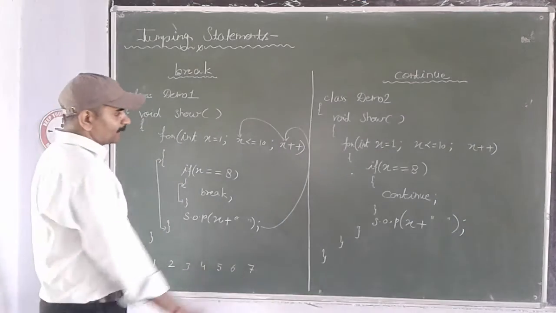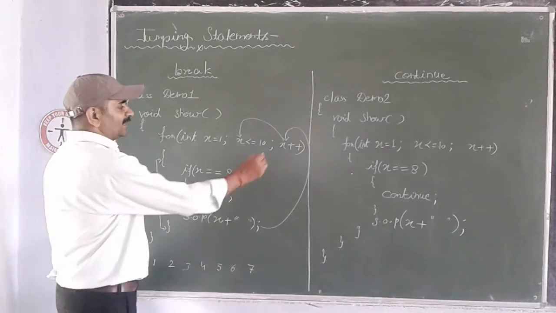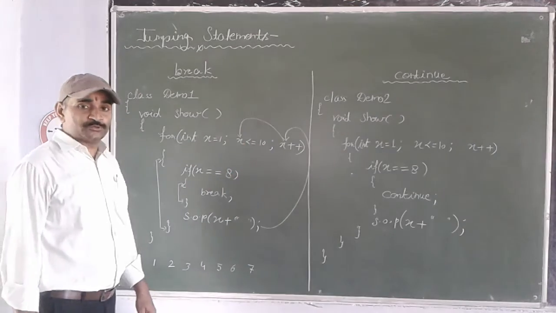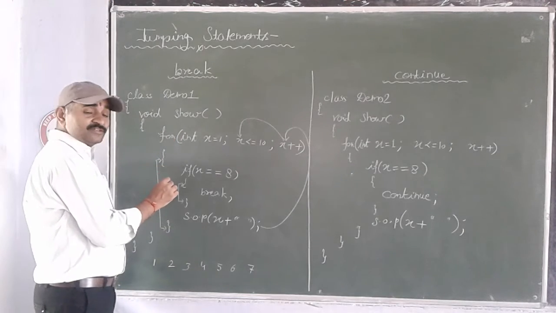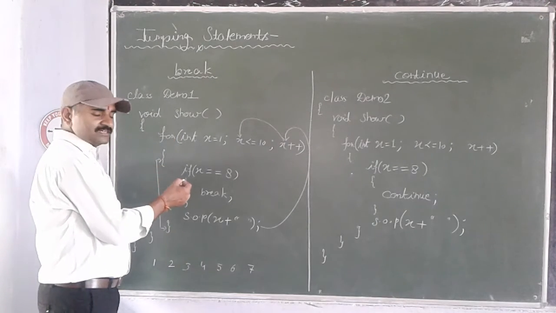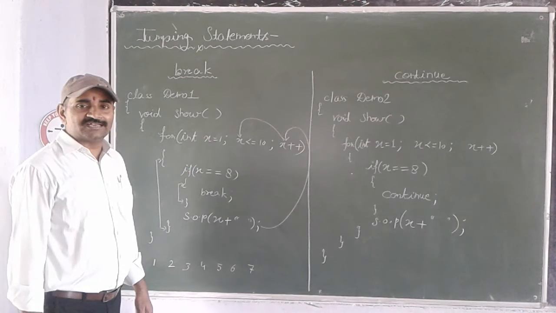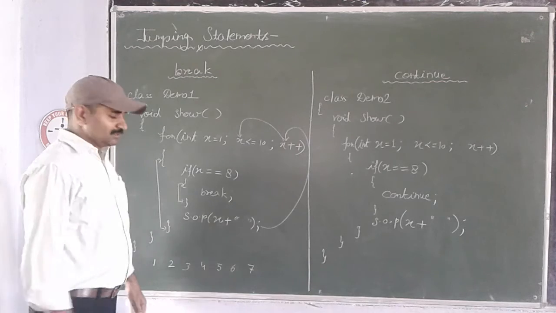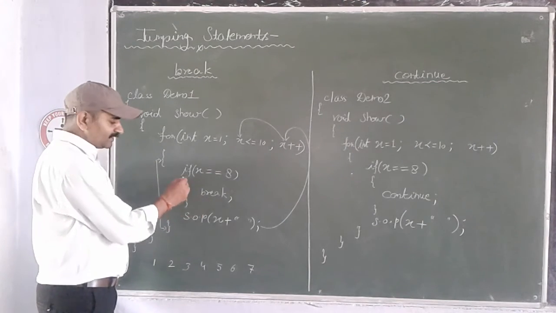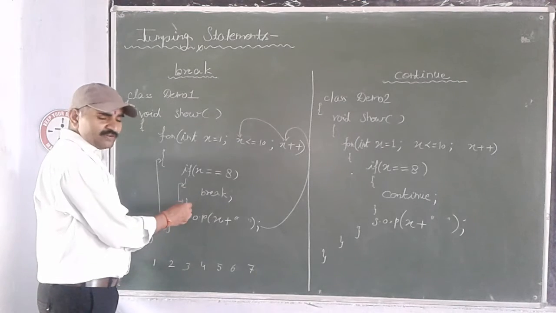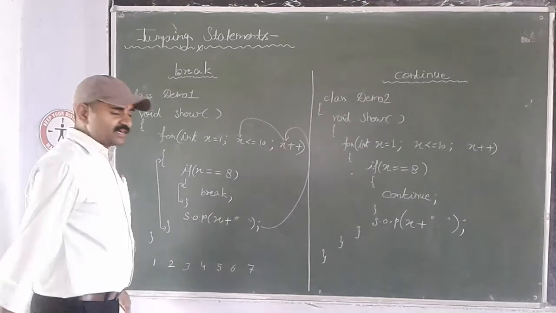After 7, x plus plus, x becomes 8. 8 is less than equal 10. Condition is true. Now control takes place in the body of the loop. In the body of the loop, one if condition is there. So here 8 is equal 8. Now if condition is true, so control moves in the body of the if. In the body of the if, break statement is defined. So as break encounters,